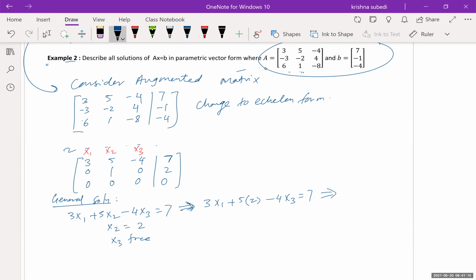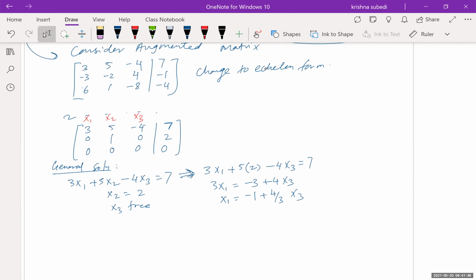And if you simplify that, what do you get? Here I just need 3x1 on this side, so that's going to give me 7 minus 10. Okay, 7 minus 10 is -3, and plus 4x3. So x1 equals -1 plus 4 divided by 3 x3. Okay, we got that. So our solution is,